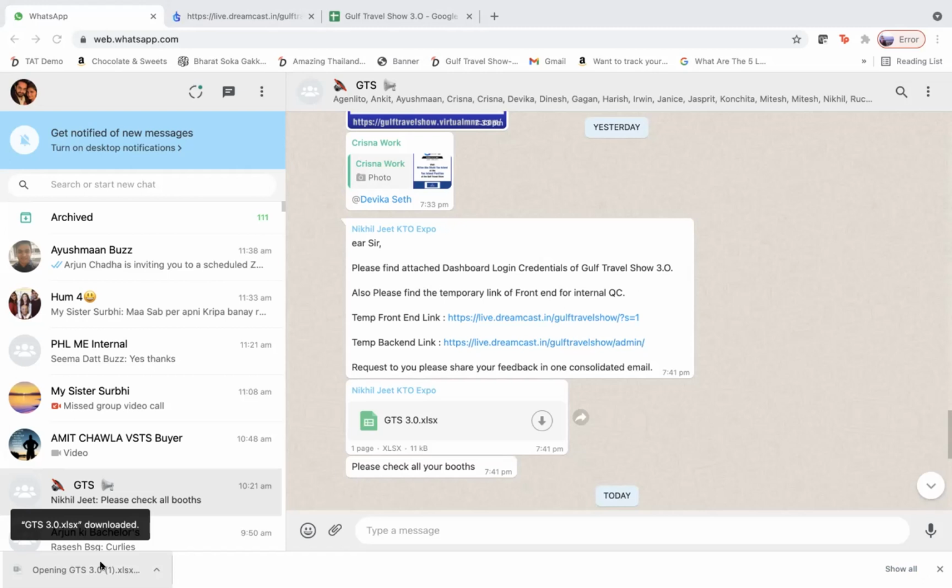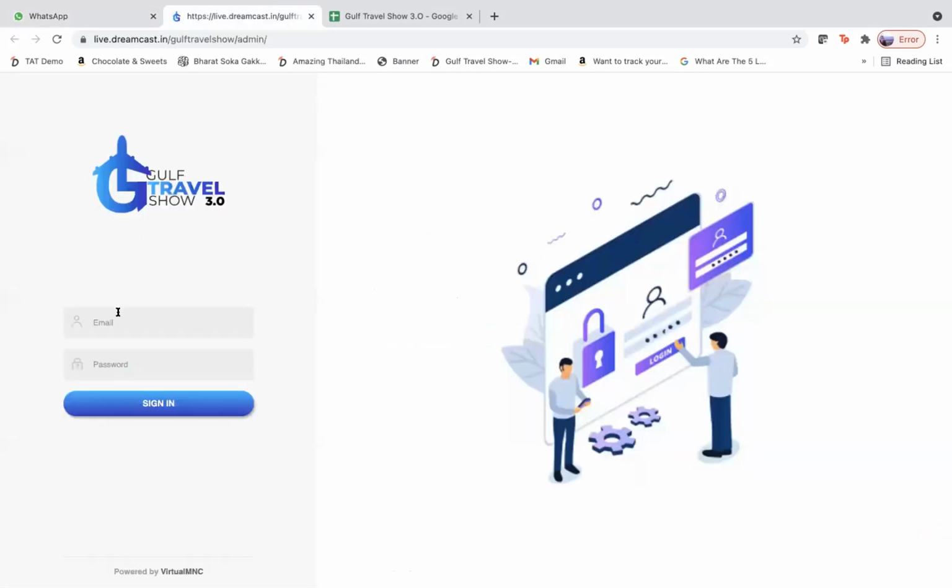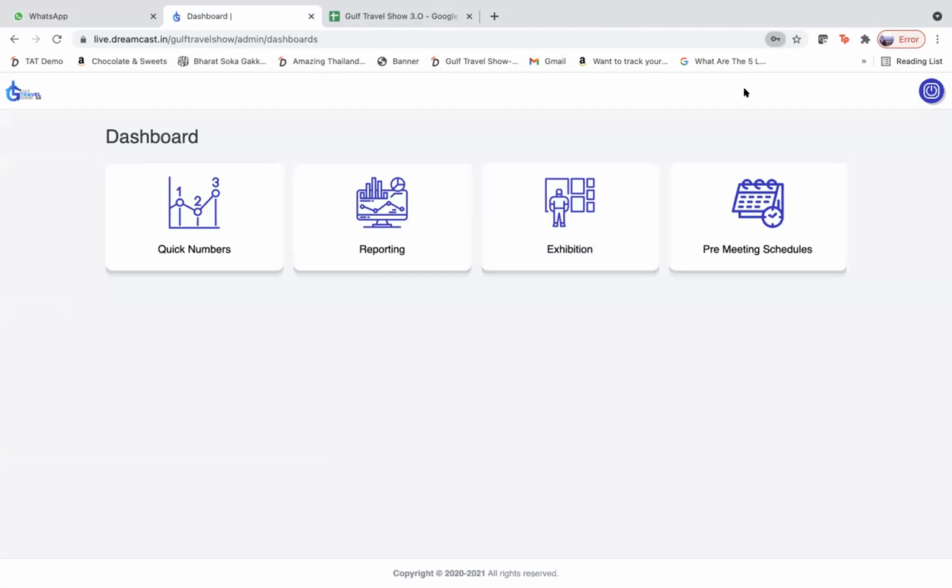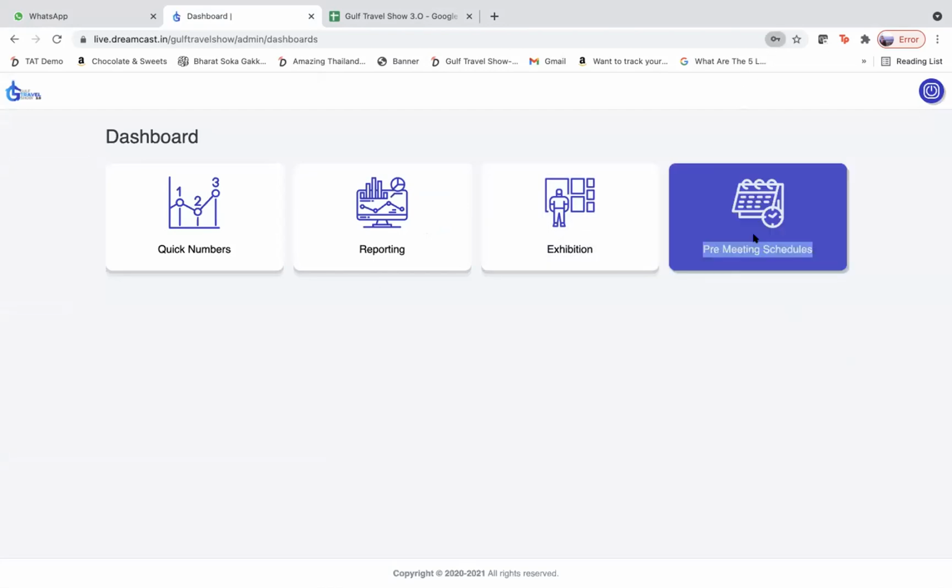So here we can see this is the email ID and there's a password. This email ID and password is for the backend. So I'm giving a demo of the backend first. I'll copy the email ID, paste it here, and similarly the password. This is the ID and credentials basically for the booth, the booth as a whole. So once I sign in, I will be directed to the Tourism Malaysia Dubai's backend platform.